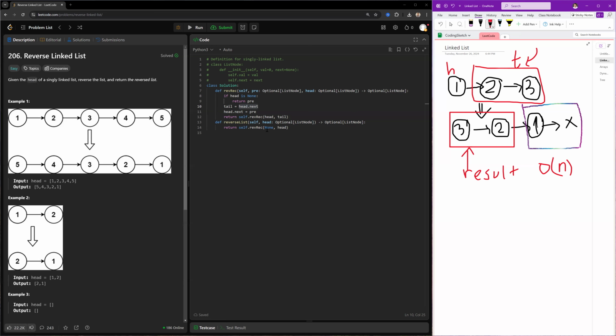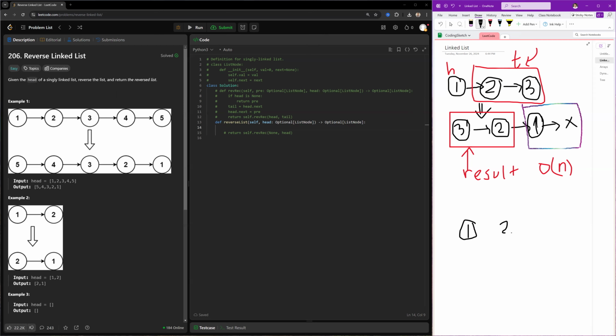Let's talk about the iterative approach, how we can solve it using the iterative method. I'll just comment out this whole part, and also this part. When we are trying to solve using the iterative approach, we need to make sure we are updating the pointers in a very specific manner. So let's take a look at this